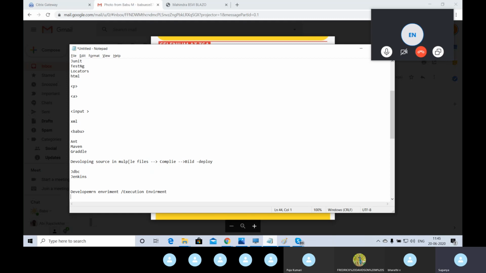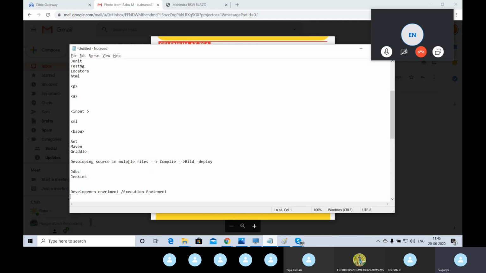Any development environment like Eclipse, even a Notepad is also a development environment where you can develop some program. Correct. So you choose any of the IDEs like Notepad, Eclipse, or IntelliJ, which is an advanced concept, to develop your program. But you should not use the development environment for execution. For example, if you develop a Java program in Eclipse, you should not use Eclipse to run the Java program. It should be only for a development environment only.